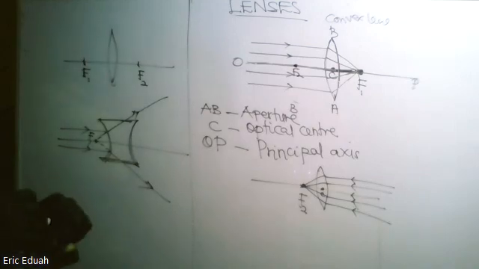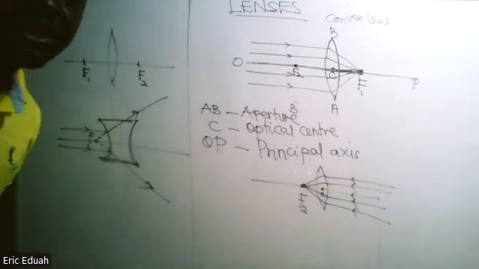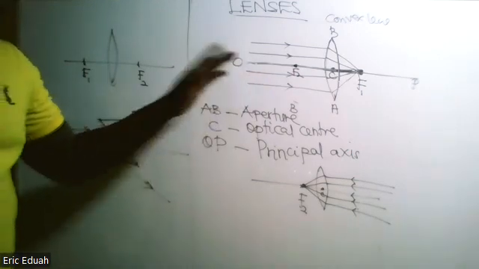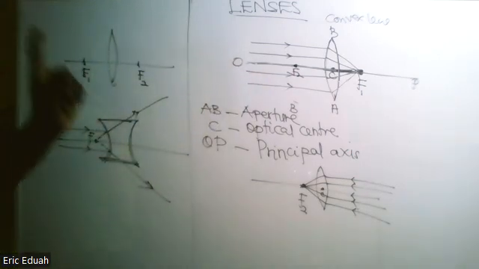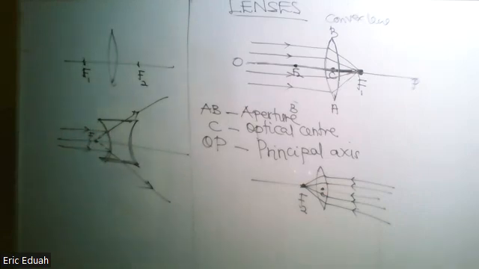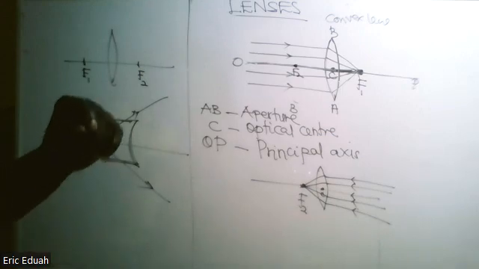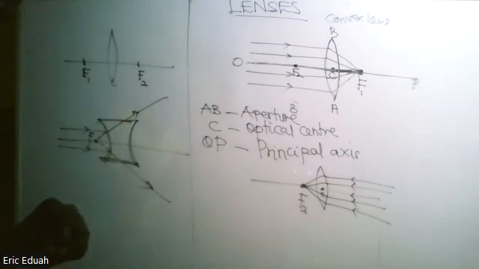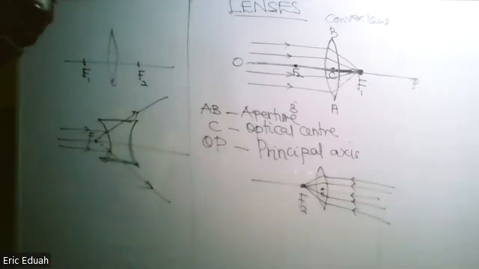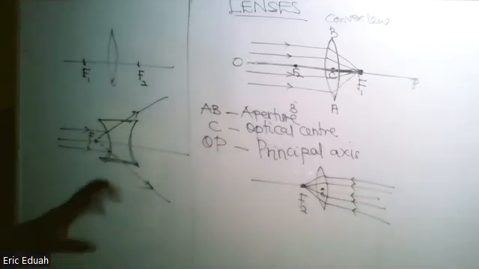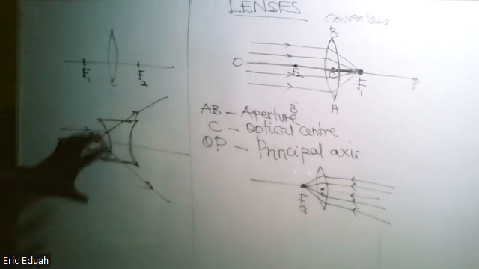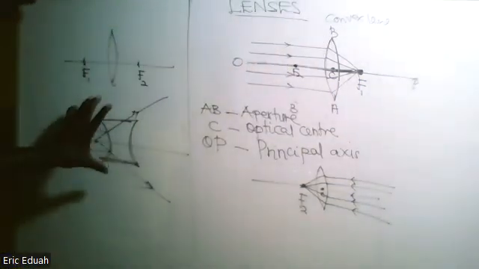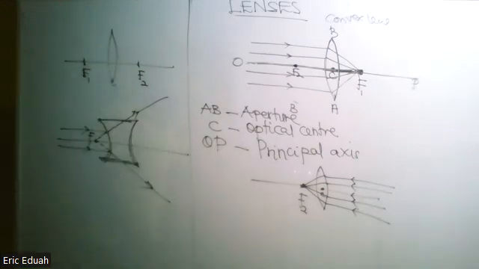Okay, so the principal focus or foci of a lens is a point on the principal axis where paraxial rays converge or appear to be diverted from after refraction. Here I'm combining the principal focus of convex and concave lenses. It is a point on the principal axis where paraxial rays, Akofala,